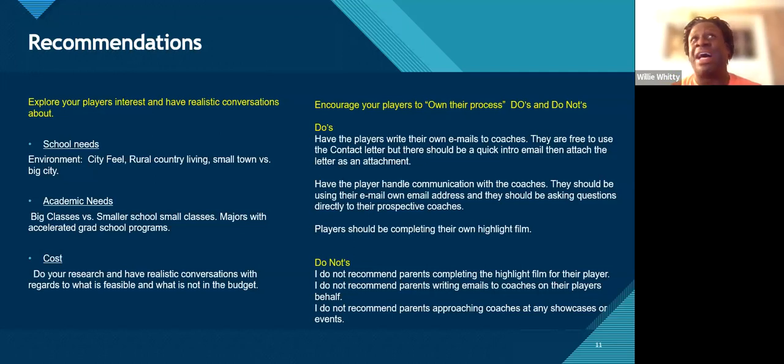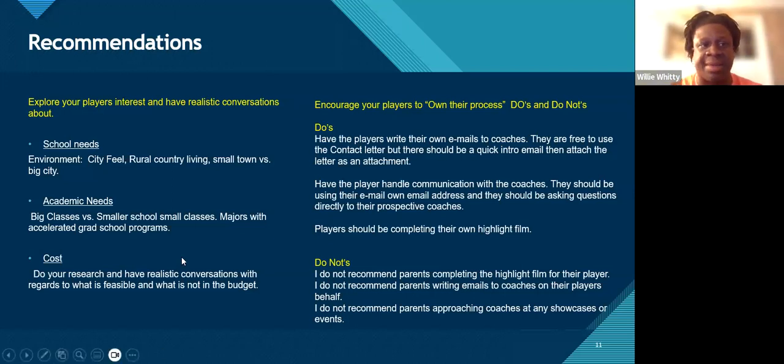I would highly advise not to wait to see who's interested, because each school is going to bring something different. Figure out something they're going to be interested in. A player put it to me a long time ago: you recruit the school first before the school recruits you. That's going to make it a lot easier for you guys to know what's going to be the right fit versus the one that might not be the right one at the right time.